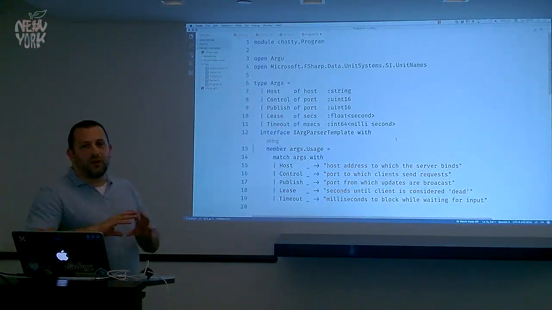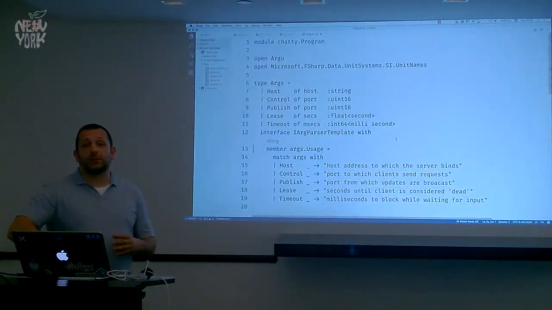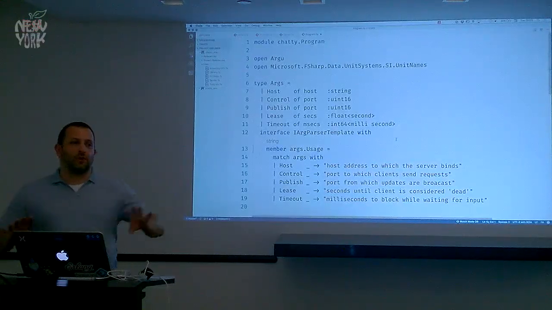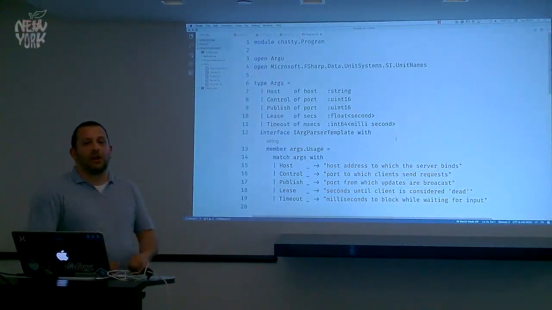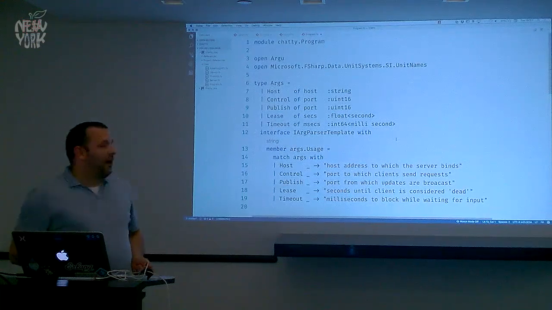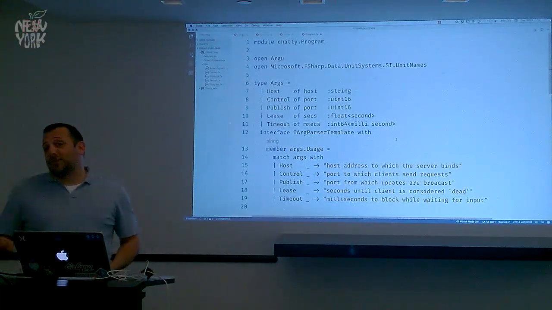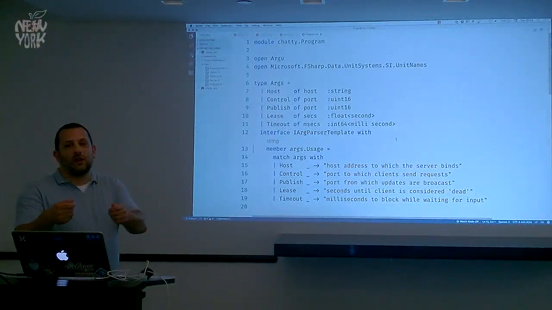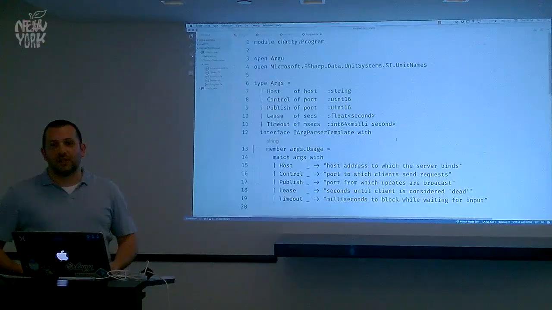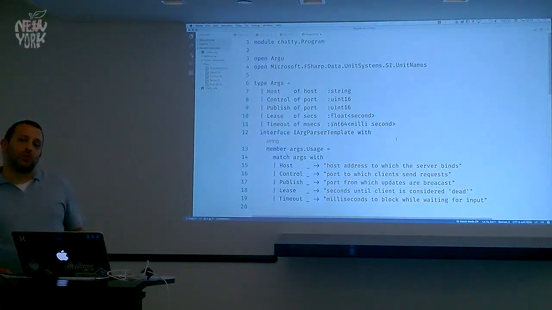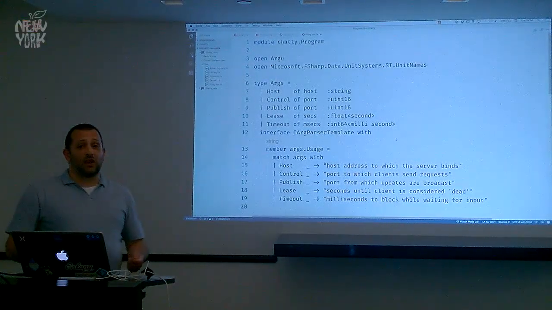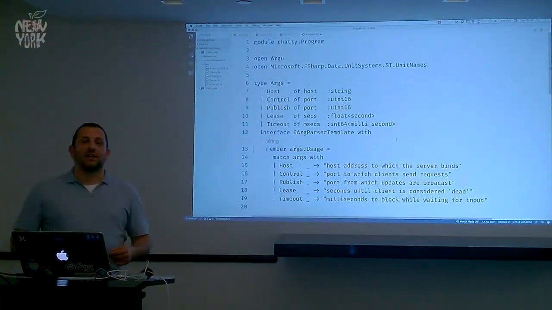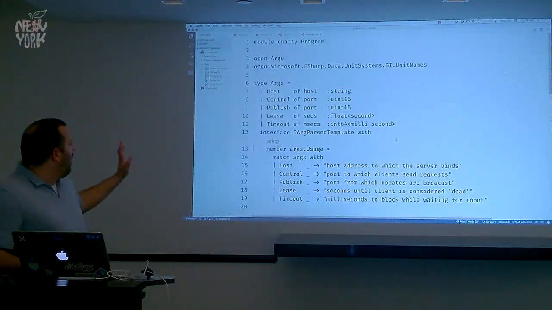Timeout is interesting. The API for ZeroMQ and FsZeroMQ can send and receive in either a blocking or non-blocking fashion, which has nothing to do with synchronous or asynchronous messaging. It just has to do with how long you wait to hear if you got something out of the buffer. You can do blocking, and then it blocks indefinitely. This timeout just gives you a setting for, hey, only wait for this many seconds, and then come up for air and let other things have a chance, and then go back. The reason we do this is so that ZeroMQ doesn't get greedy and block the entire message pump, and then you can't interrupt your application, and you can't exit, and your screen doesn't refresh, all this other stuff. So that's what timeout is.